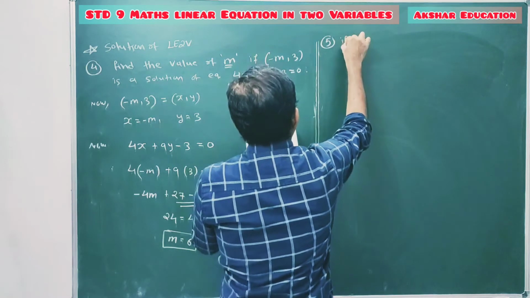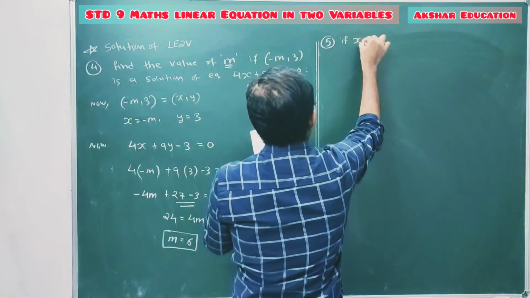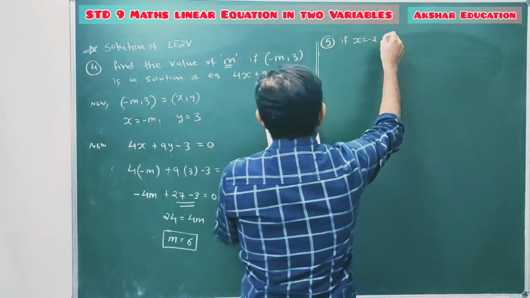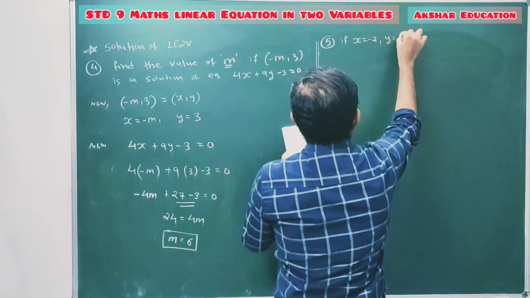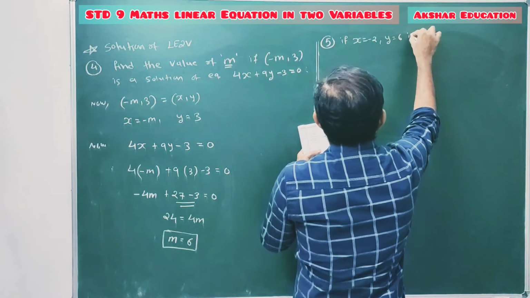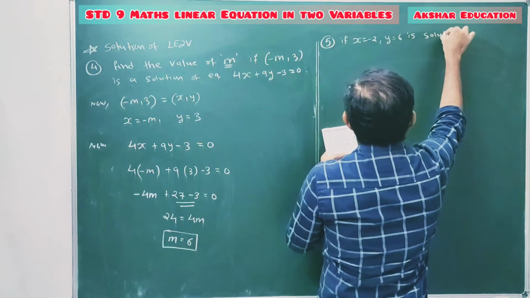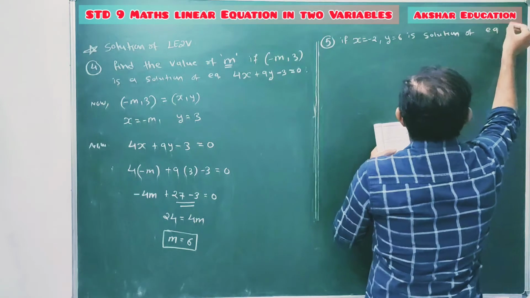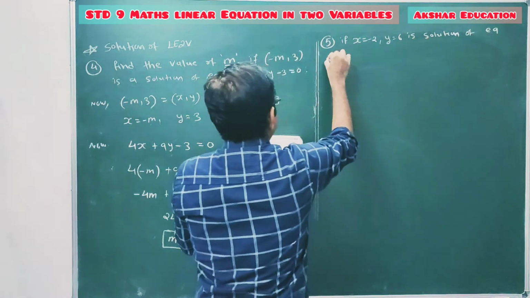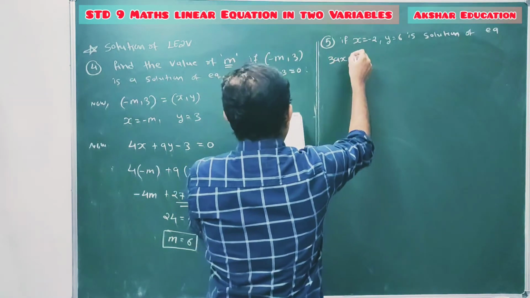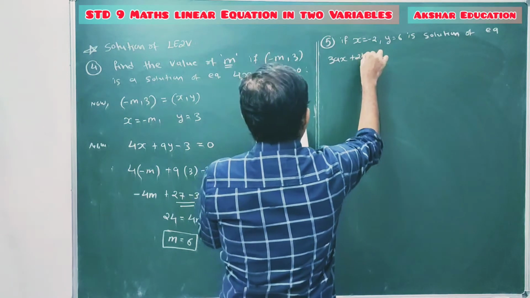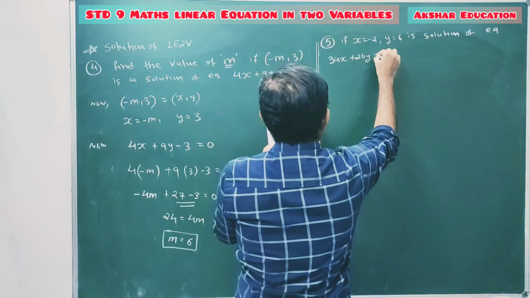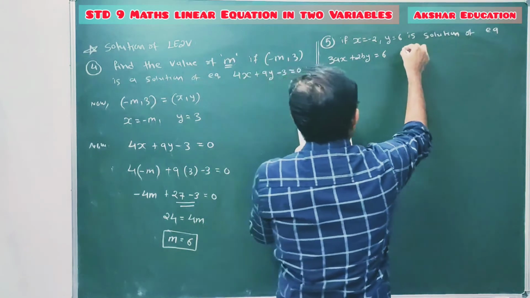So if x equal to minus 2 and y equal to 6 is a solution of the equation 3ax plus 2by equal to 6, then